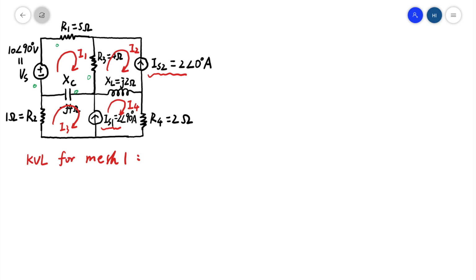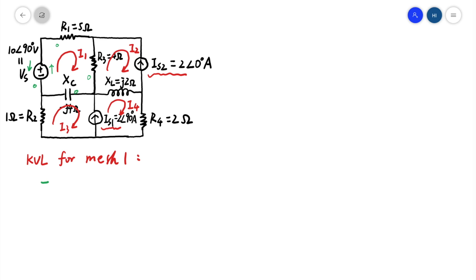If we use the KVL, the equation will be, since the I1 and the Vs are in different directions. For the Vs, the direction is like this, and for the I1 is like this. So it will be negative